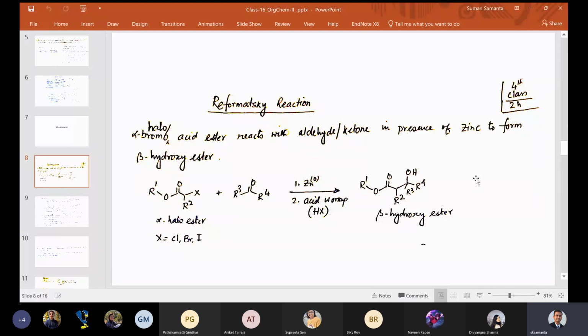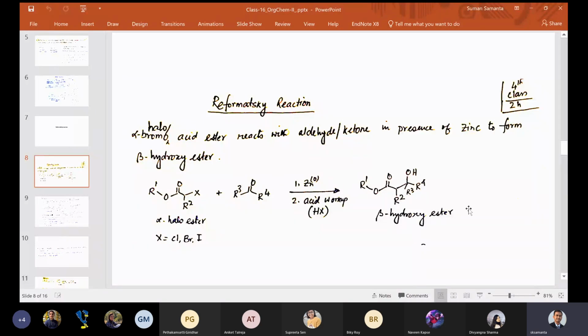Why is that so? In aldol condensation, you basically have a proton H in place of X, and this is not an ester generally. This should generally be an aldehyde or a ketone. But in this case, this is an ester. So now they have put just a halogen atom, that is the derivative, and then we take this zinc dust, zinc 0 in metallic condition. So what happens in this case? This zinc reacts here, and then you form this beta hydroxy ester.